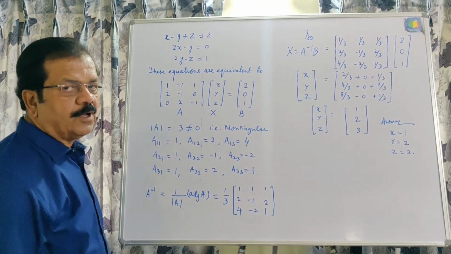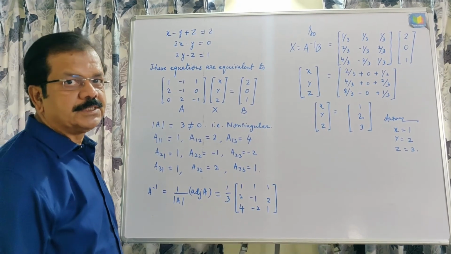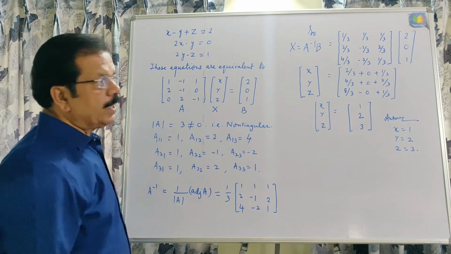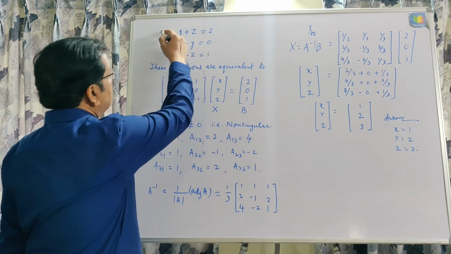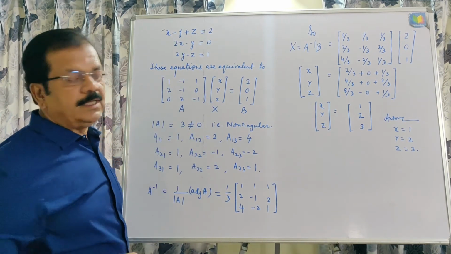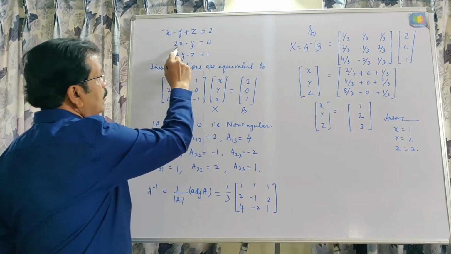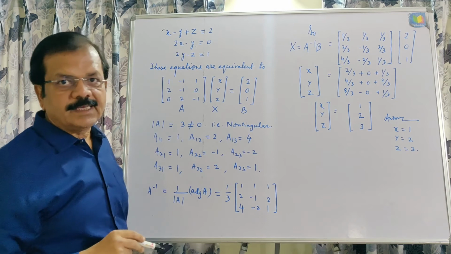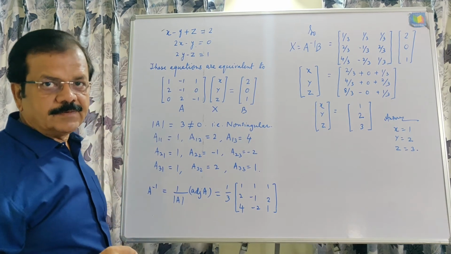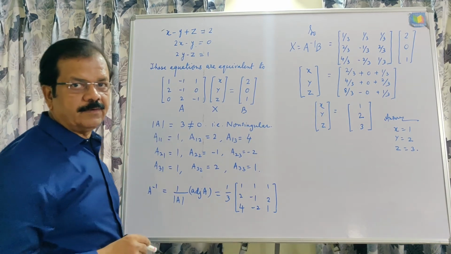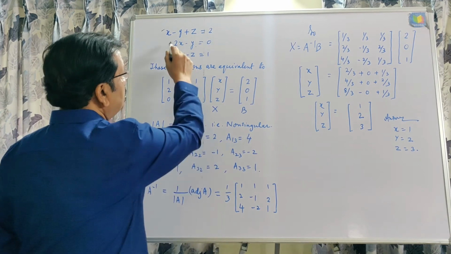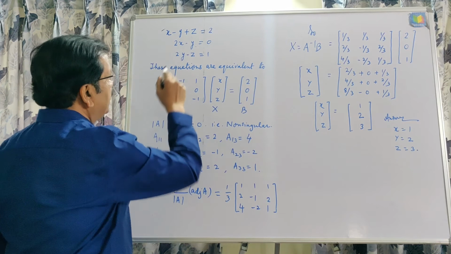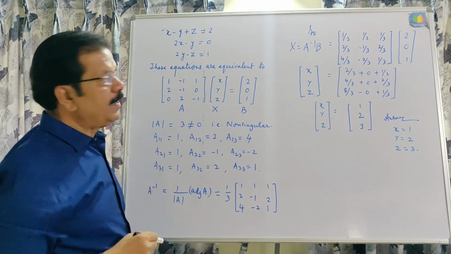I try to solve all possible types of questions from this exercise also. You can see this is a little bit different from the previous one. Here the coefficient of Z is not given, and in this the coefficient of X is not given, and that is why sometimes students get confused about which value will be taken as the coefficient of Z and which value will be taken as the coefficient of X.